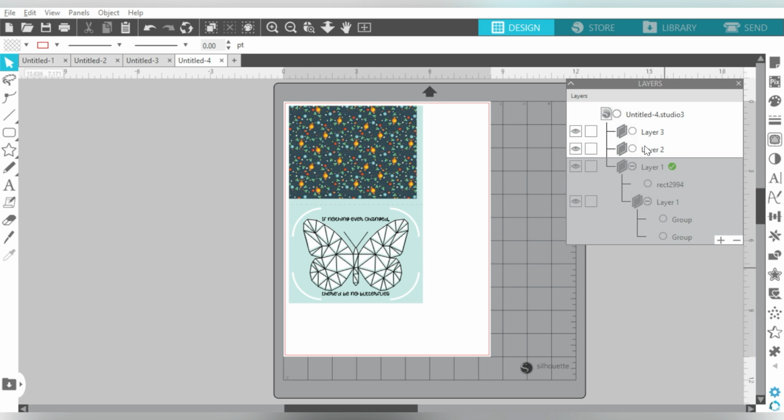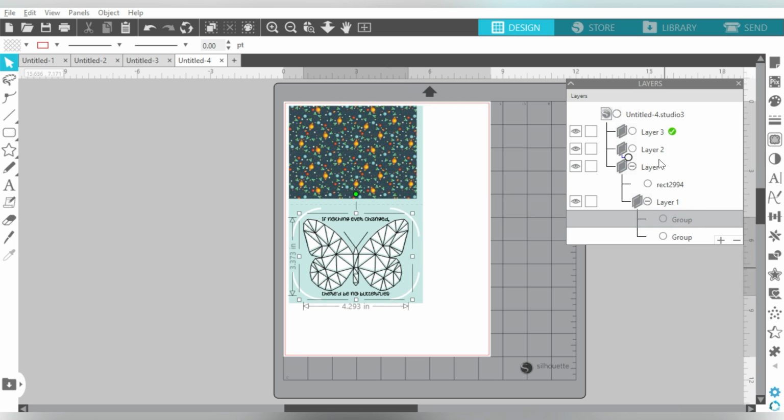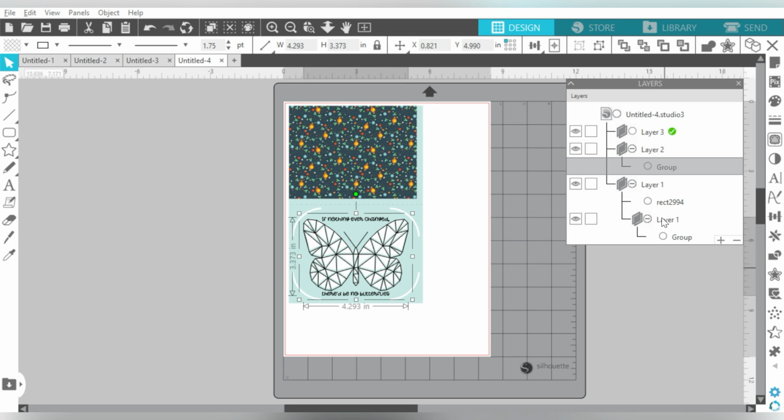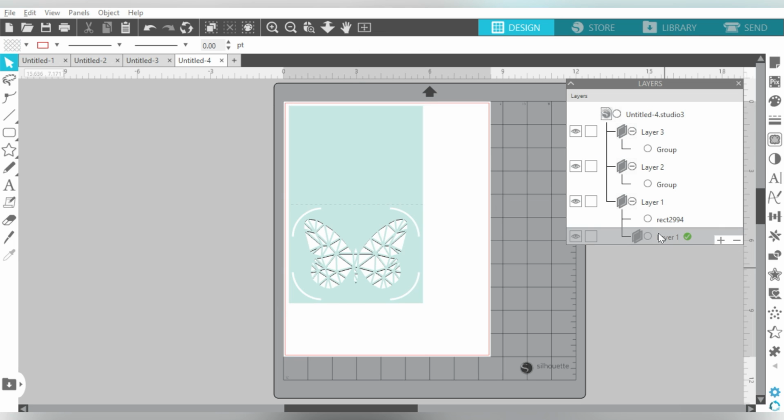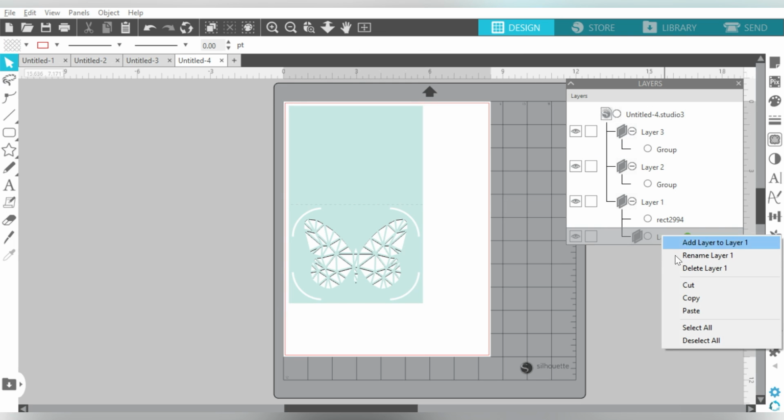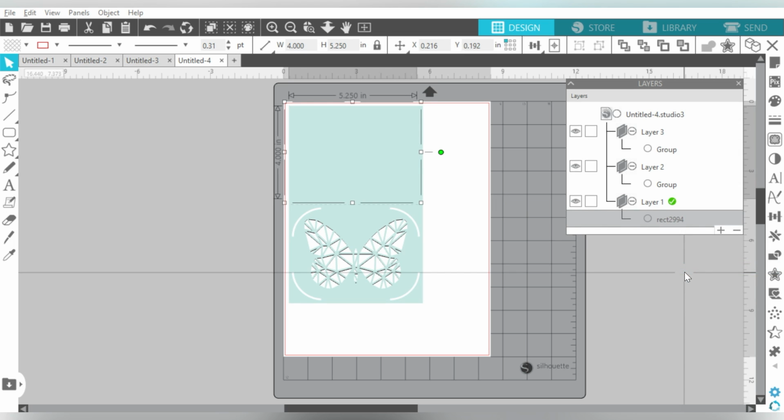So now I have layer 1, layer 2, and layer 3 at a main level. And now you can rearrange these, and you can drag the group up to be under its own layer. And when you're done, I'm going to delete this extra layer down here because we do not need it anymore. So now we have 3 layers with 3 individual cuts that we will arrange differently.